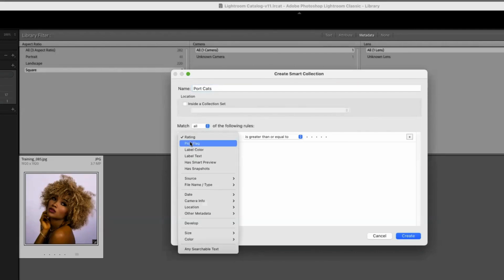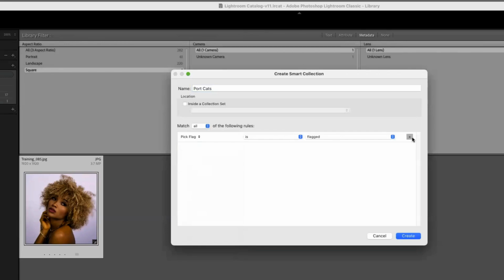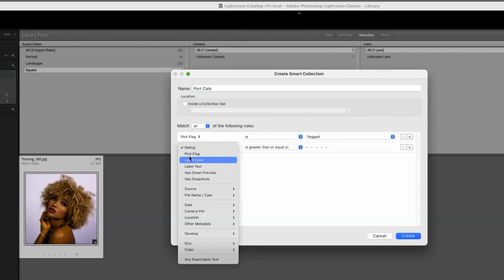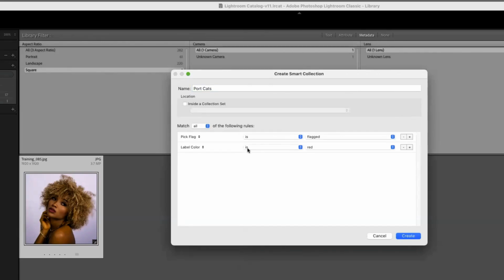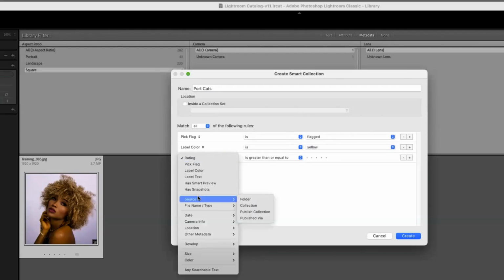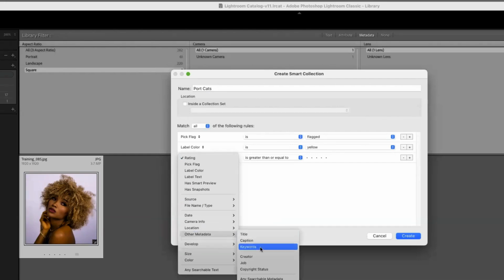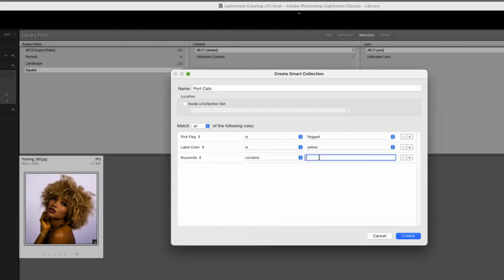So firstly, it's a picked image, so it's flagged, plus a color label of, let's say, yellow, plus a keyword: metadata other, keywords, contains cat, plus, here's the punchline,